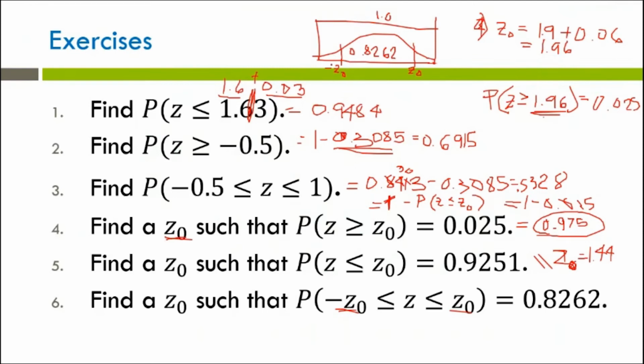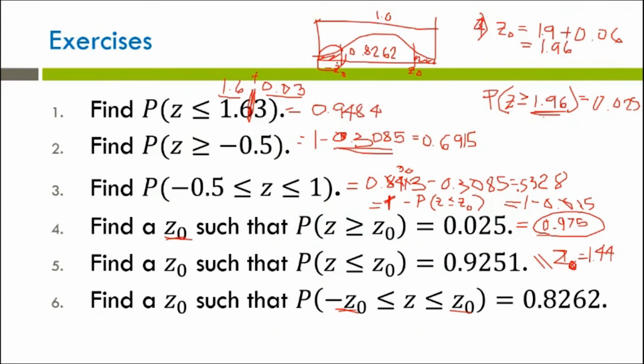Which means we can get this area here and this area here by subtracting 0.8262 from 1.0, right? Then we'll just have to divide them by 2 since both of these sides are equal. So that would mean that the area here, then we can find negative z sub 0